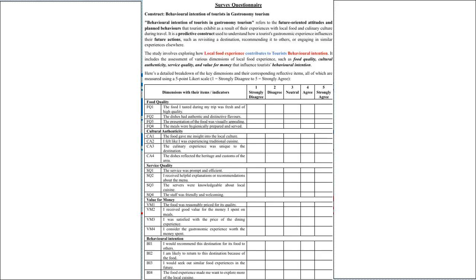So here's a detailed breakdown of key dimensions and their corresponding reflective items, all of which are measured using a 5-point Likert scale.